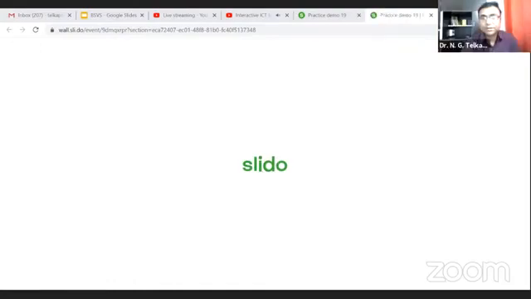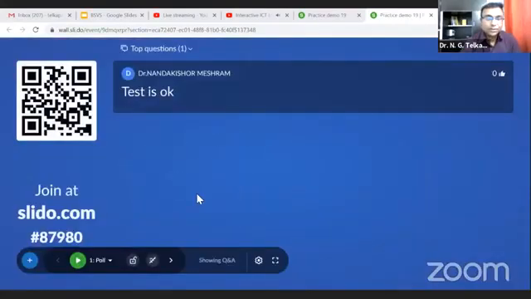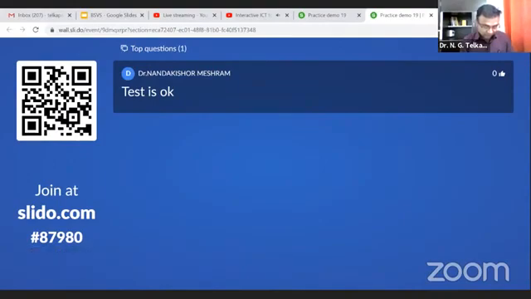This is the screen which is opening now. It takes a few minutes. This is the code, that is, join at slido.com. Suppose you have already joined the Slido platform, meaning you downloaded the app through the mobile Play Store. This is the code. This is the live lecture, and you are here. Students can scan this QR code, or they can enter the code also. So here Dr. Nandakishore Mishra has joined. Suppose I am using my mobile, and I am adding my name here.